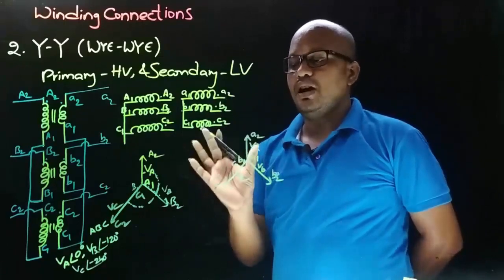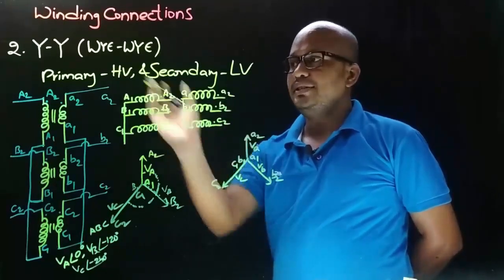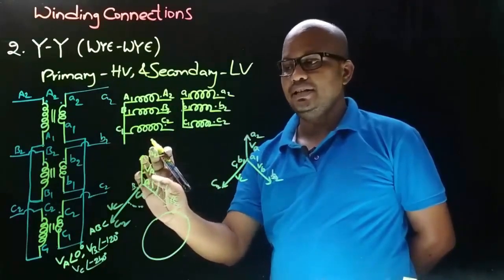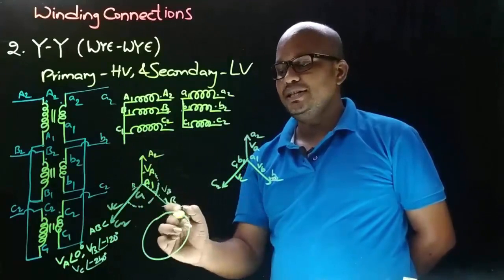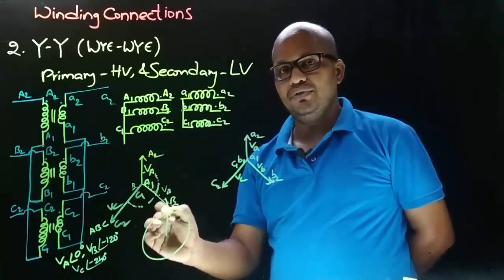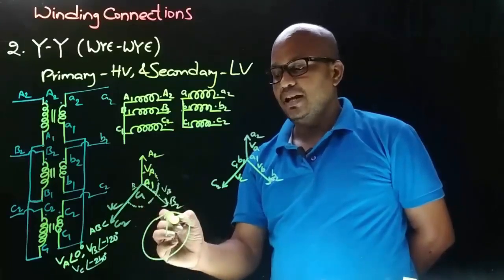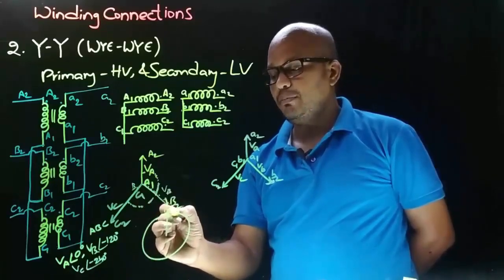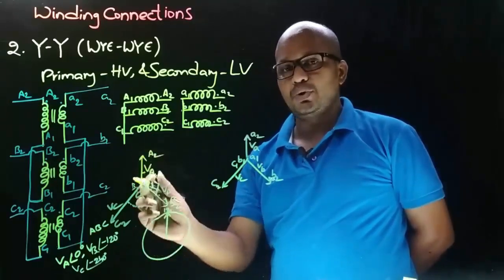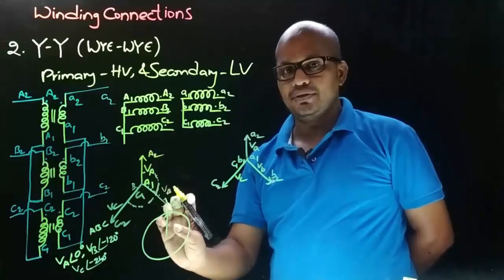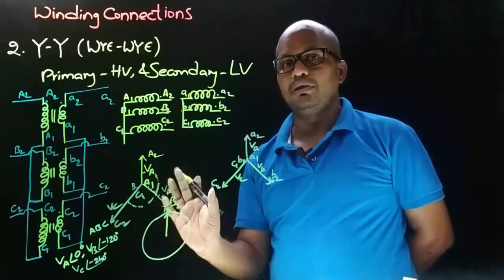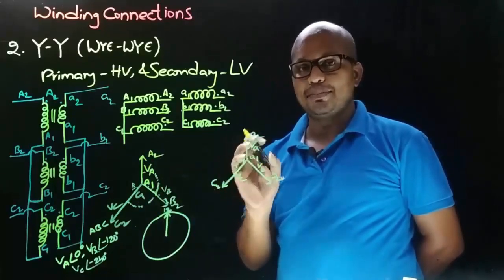And now we need to identify the vector group symbol for this type of star-star connection. In clock notation, the HV winding phase 2 neutral voltage is taken as reference and is represented with minutes needle and is always shown pointing towards 12, because phase 2 neutral voltage of HV winding is taken as reference. So always the minutes needle is shown pointing towards 12, and secondary side phase 2 neutral voltage is represented with